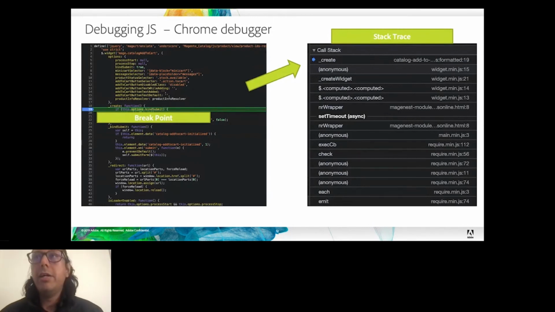On the slide here, you can see on line number 19, I have my breakpoint. My page loads. And then on the right hand side, I'm able to see the stack trace for this breakpoint. So I'm able to see exactly what are the events that happened before this create function was called. Perhaps in this particular example, we don't have a whole lot of useful information here, but if you're trying to debug things like, oh, how is the